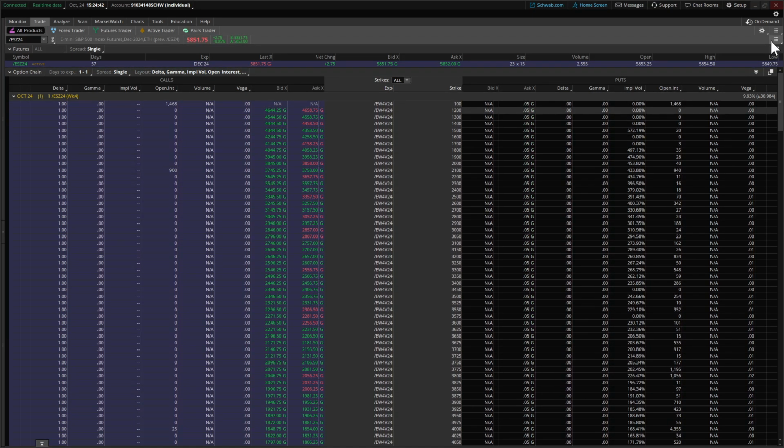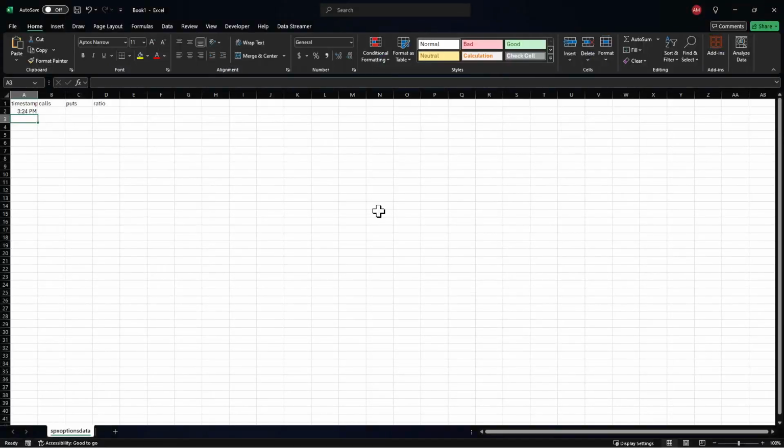So on the top right under on demand, you're going to click on the three lines, and you'll see this window pop up, and you're going to go down to export and then select to Microsoft Excel. If you don't see to Microsoft Excel, it's probably because you're using a Mac. I'm doing this on Windows, and I know that on Mac you will not see this option, so just FYI. So after I select to Microsoft Excel, I'm going to see this blue pop-up appear, meaning that the data has been copied. And next I'm going to go back to my Excel and paste this data that I just copied